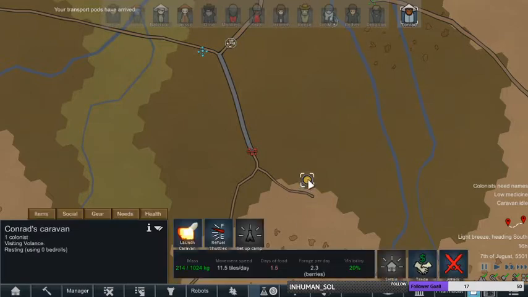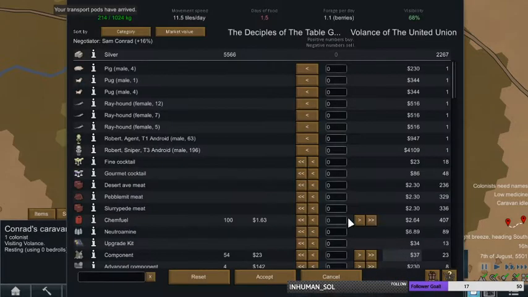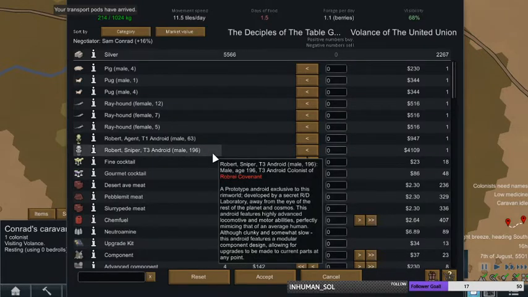But we go here. We trade with these guys. Oh, we're buying Robert. It doesn't matter. We're buying Robert the sniper. We're gonna have a second tier 3 android fighter. This is the greatest day of my life. That's how we're gonna pay for our empire: raiding the knights, stealing their tables, hopefully they're round ones,